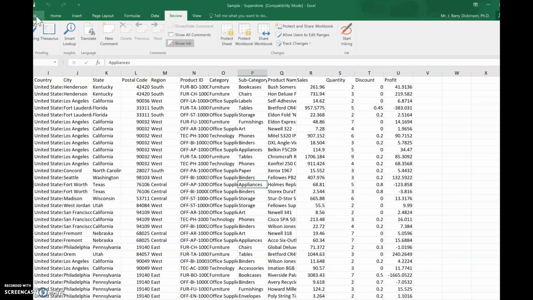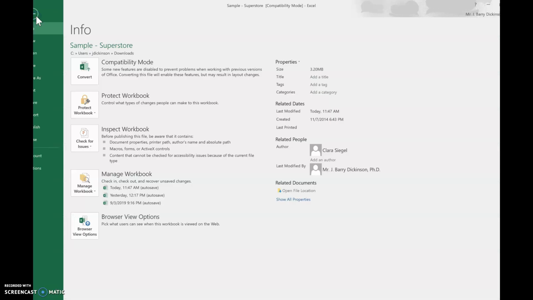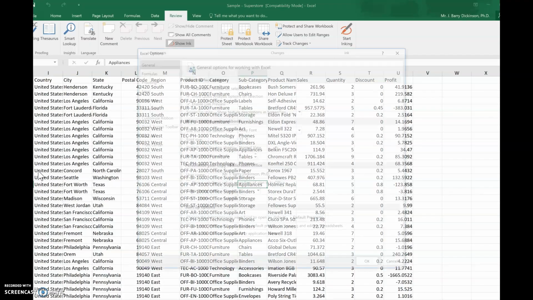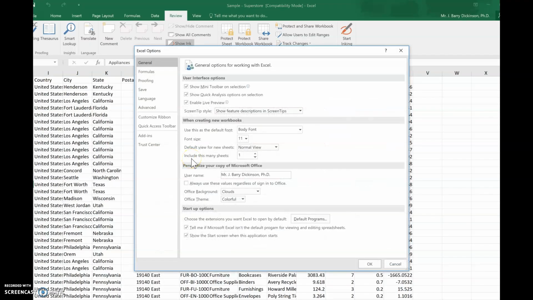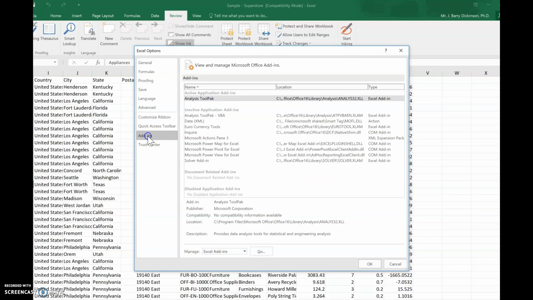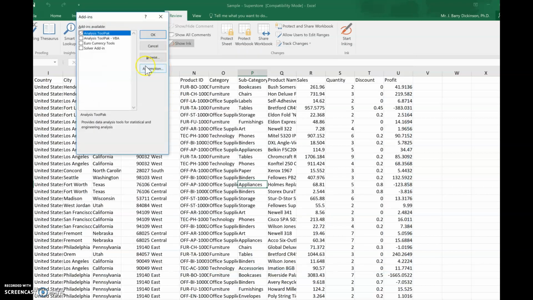Click on File and go down here to Options. Go to Add-ins, and down here at the bottom it'll say Manage, and it should default to Excel Add-ins. Press Go, and then you would just click on Analysis Tool Pack and press OK,